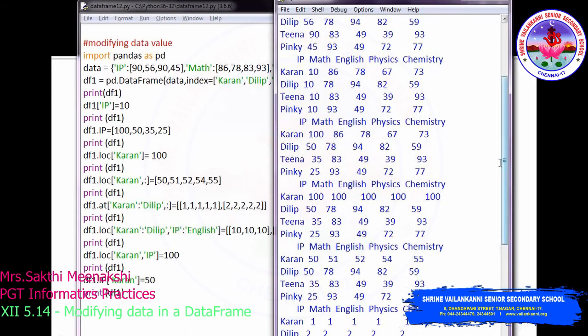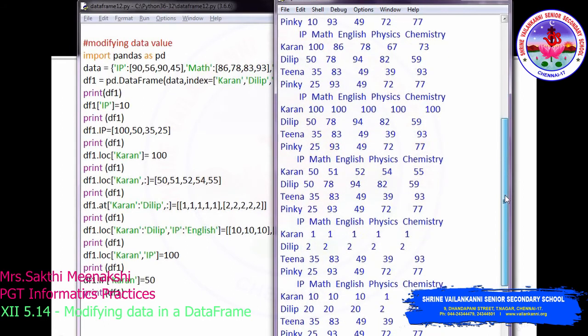The main thing we have to note here is that we have to pass the correct number of values, right? Since we have 5 columns, we have to pass 5 different values, okay? Otherwise you will get an error. Next one, Karan to Dilip and all the column values. Here you can see Karan to Dilip, all the column values. First Karan's values will be 1, 1, 1 and Dilip's values will be 2, 2, 2. Here you can change the values also. You can give any different values here, but the total count should be 5.